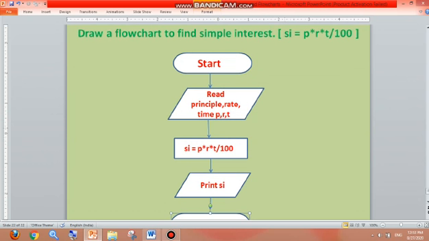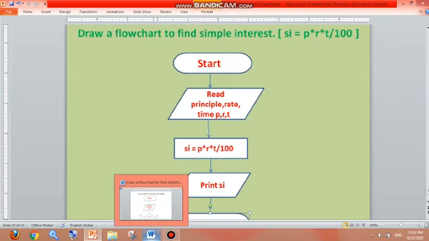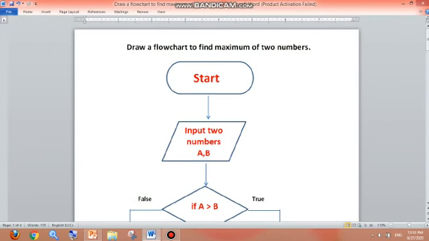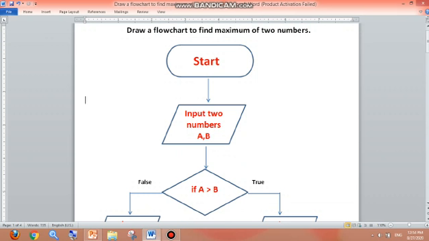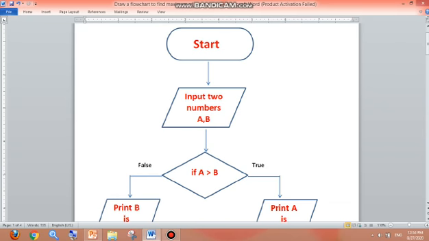Okay, so as you can see, children, in all these flowcharts, we have not used the decision box. Okay, so let us take an example of the decision box. Okay, so as you can see, the flowchart we have to draw is for finding the maximum of two numbers. Clear, children? In this flowchart, we have to take two numbers from the user, and we have to check which is greater, A or B. So in this, we have to check a condition, and that condition we are going to check by using this decision box.